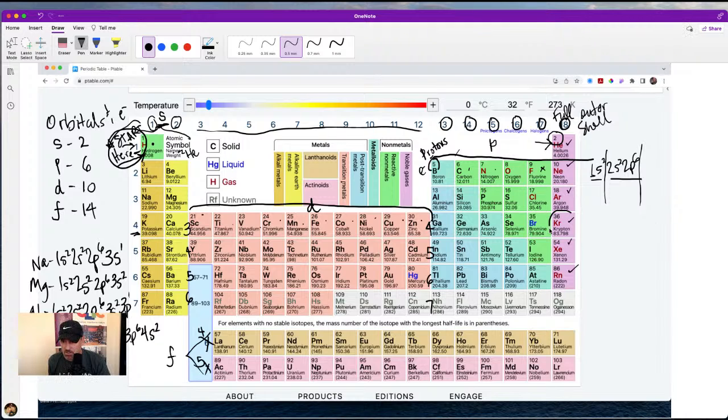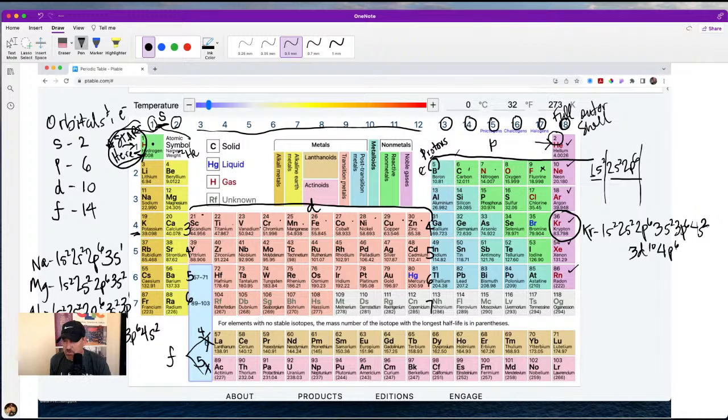So let's look at krypton. And where do you start? Always start here. Always start at hydrogen. Did I mention to start at hydrogen? Because you should. Okay, so krypton has an electron configuration of 1s2, 2s2, 2p6, 3s2, 3p6, 4s2, 3d10,